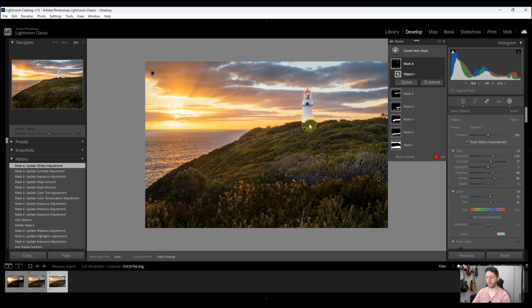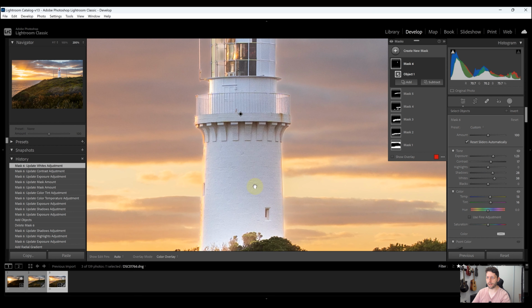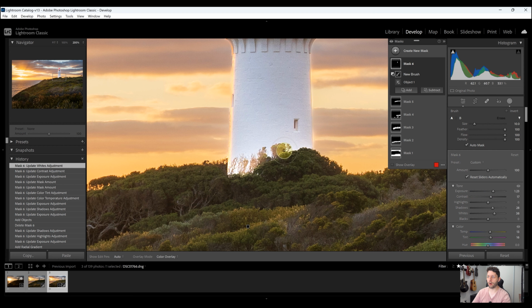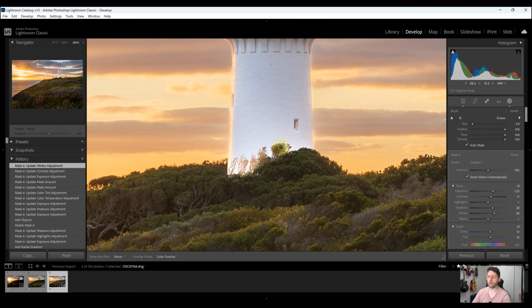Probably could have been a cleaner selection, and what I'll do as well, you can see it's affected these plants down here. So I'm just going to subtract from the mask, which you can do here with a brush, and just a nice small brush. We'll go in and just tidy this up a little bit. Not perfect, but